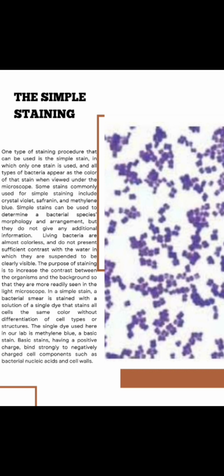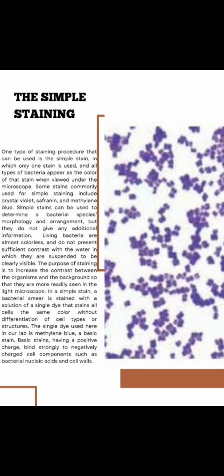Simple staining is one type of simple procedure that can be used in simple stain, in which only one stain is used. All types of bacteria appear as the color of the stain when viewed under the microscope. Some stains commonly used for simple stain include crystal violet, safranin, and methylene blue. Simple stains can be used to determine the bacterial species, morphology, and arrangements, but they do not give any additional